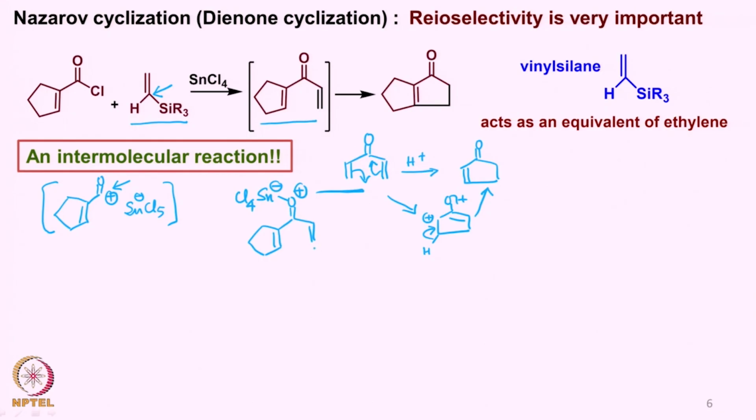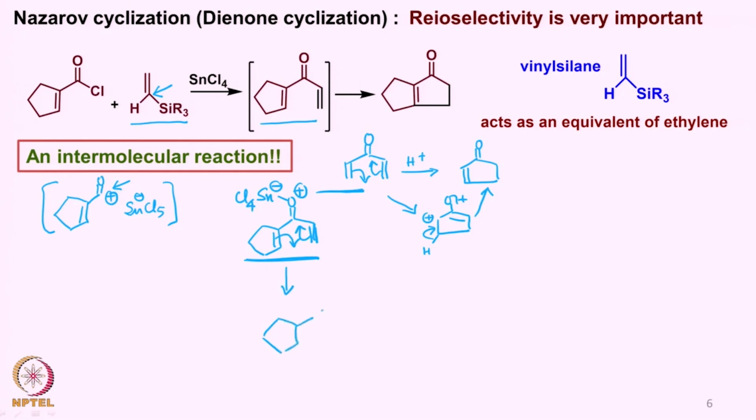Now there are two possibilities that can happen to this intermediate. Either you get the movement of the double bond in this way, so that gives